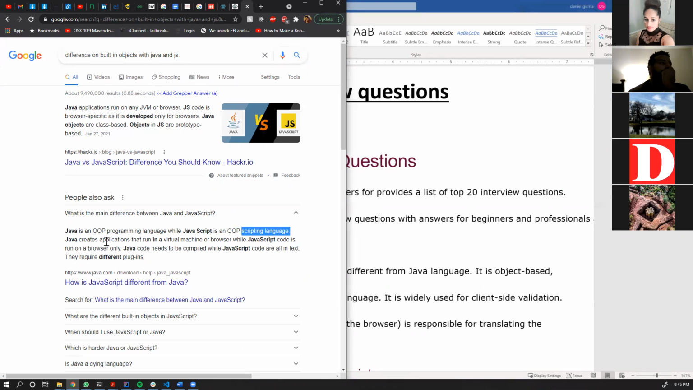Java creates applications that run in a virtual machine or browser, while JavaScript code runs on browsers only. So Java runs in the browser, and at the same time in things like the virtual machine we use on Windows. That's one difference. So Java code needs to be